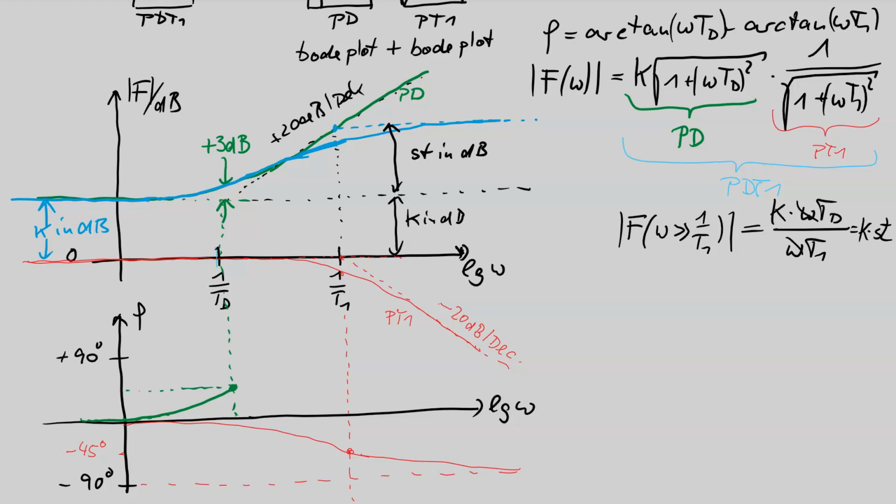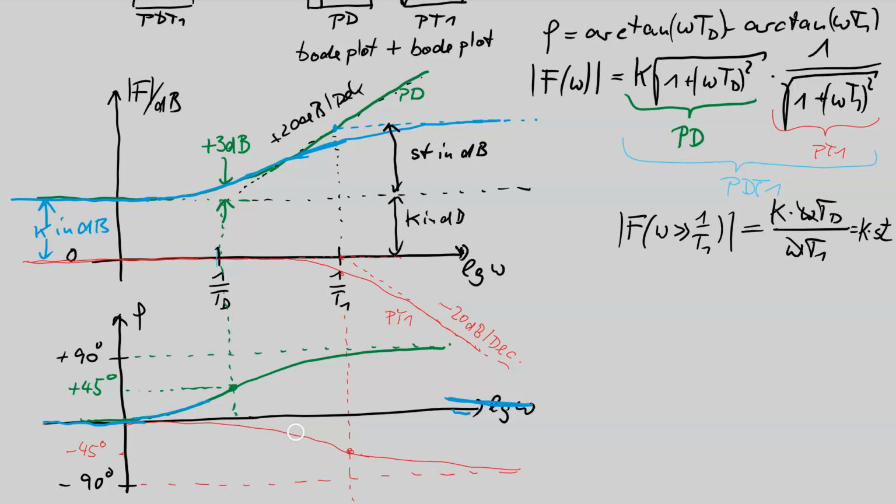Again, this is plus 45 degrees, ending up with positive 90 degrees. So, and you see, what happens very quickly if we add both phases for the PDT1 in blue. We see the 0 plus 0 gives 0, plus 90 minus 90 gives 0. So for high frequencies we end up in 0, and then here we go up with a green curve,